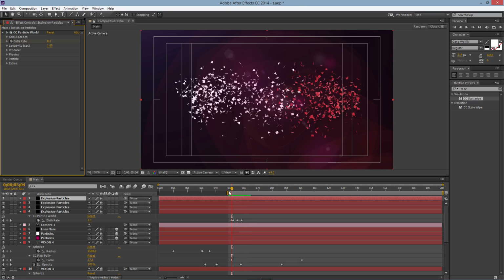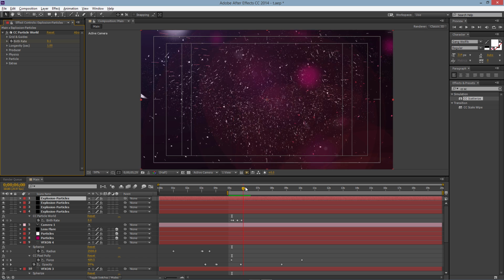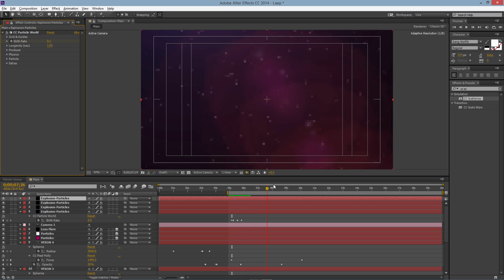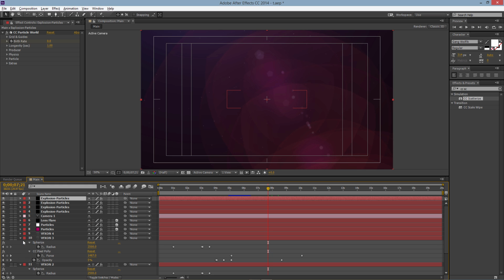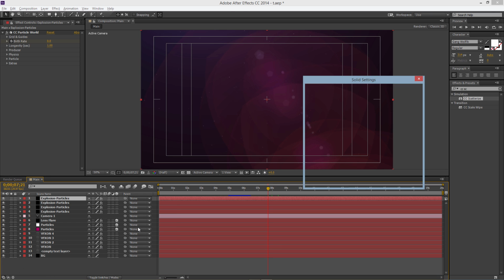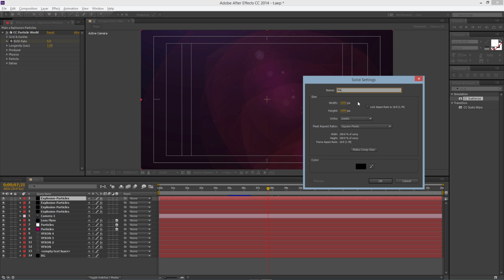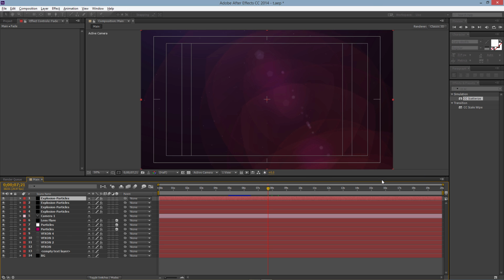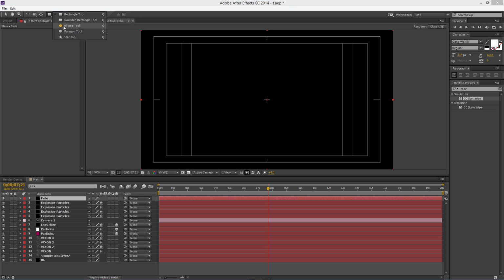I do like it a lot, and so I'm gonna go and see where. So I'm gonna go to about like here, and I'm gonna add the fade. Or where is it? Well, I'm gonna go and fade from here. So what I'm gonna do is close all of these, add a new solid black, let's call it fade. Now let's go to ellipse tool, double click,